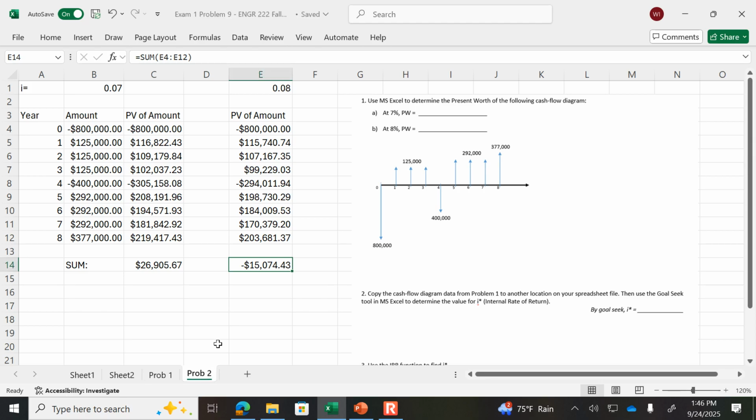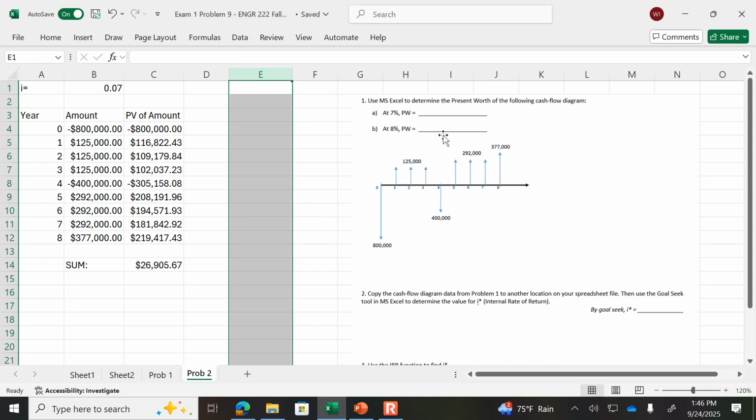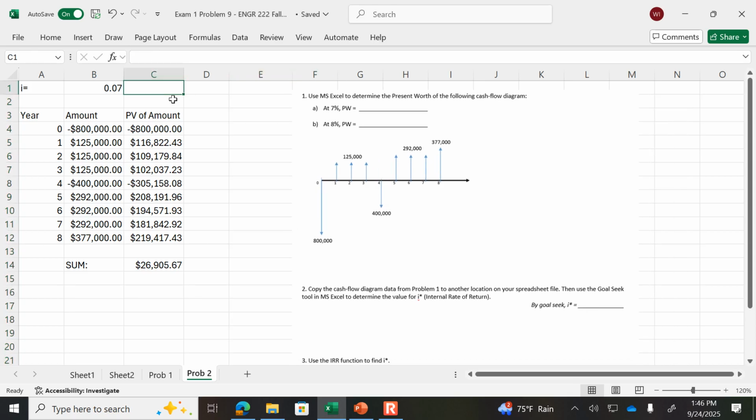All right. So now here in problem 2, the question is, what interest rate makes this 0? So I don't need this part anymore. In problem 2, the idea here is keep changing this until this is 0. So we know that if it's 8%, that goes negative. But what about 7.1% or 7.2% or 7.3%? You see, things are headed in the right direction,